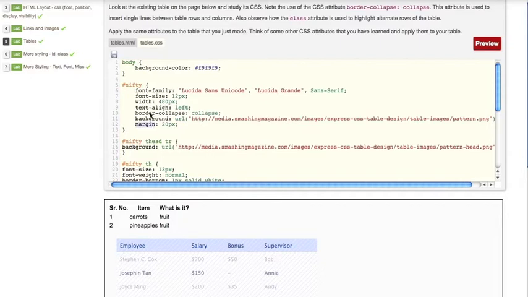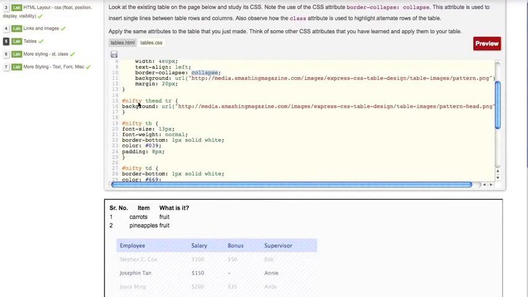What is unique to tables as far as the CSS here is concerned is the border-collapse attribute. We've used the border-collapse attribute, assigning it a value of collapse. What this will do is insert a single line between two adjacent rows and adjacent columns, right? By doing this, you can make your table look nice.